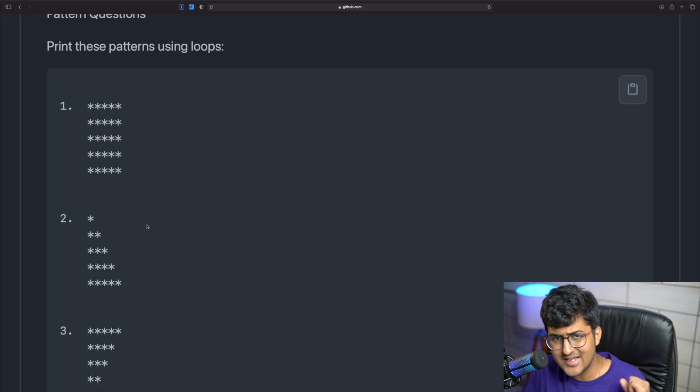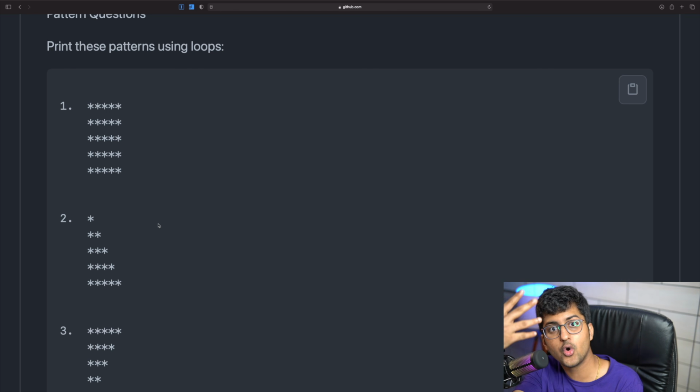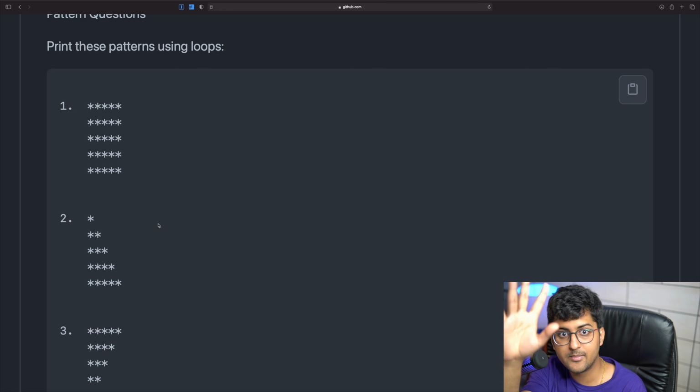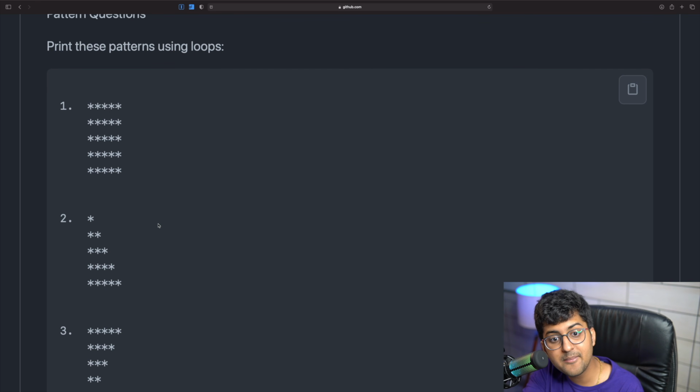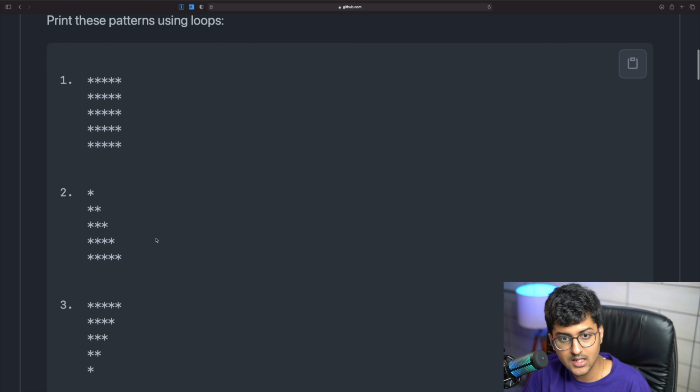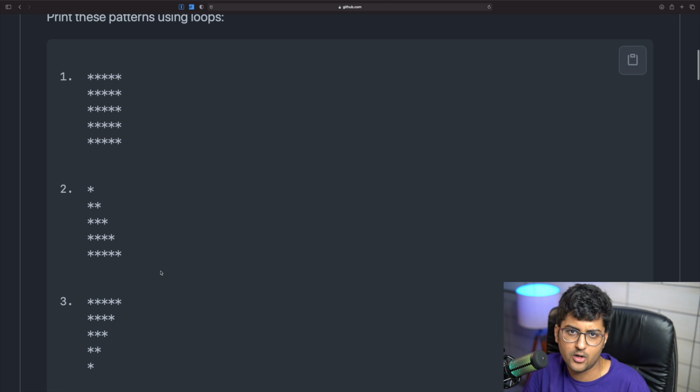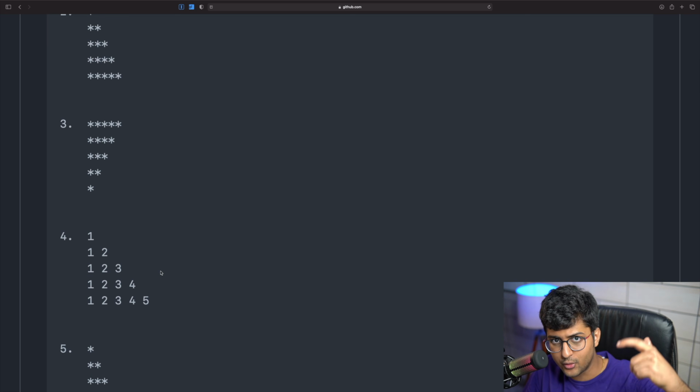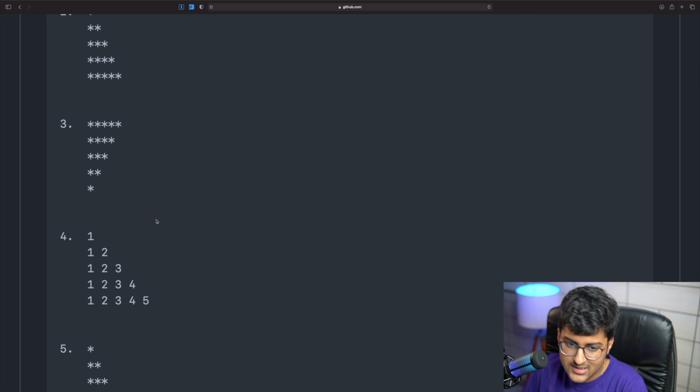But why is it important? Because if you are learning programming for the first time, if you're learning a language, you do not know about loops, you don't know about variables, you don't know about input, output, or whatever. These patterns are very important to build your foundation. So if you're new in programming, if you're new in data structures and algorithms, please make sure you focus a little bit on patterns, because it is only going to help you improve your thought process. So now that we know why we are doing patterns, let's look into how we can solve these.